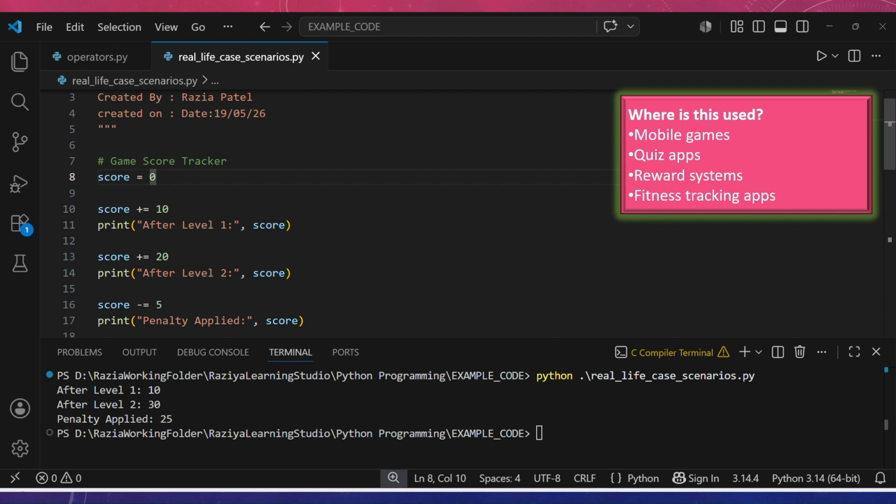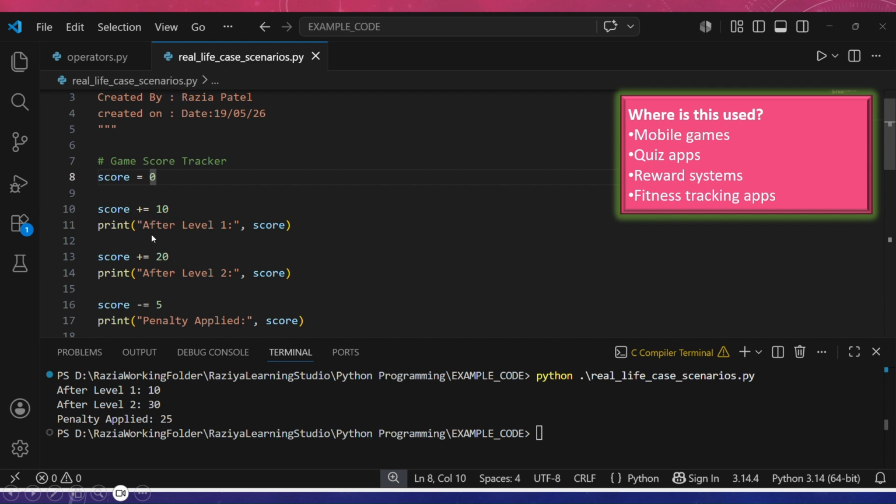Now here I have used a real life scenario in which we have a game score tracker. Initially, as the person starts playing, his score is 0, but as soon as he goes to the next level, we add 10 to his score. So here we are increasing the score, score plus equals to 10.